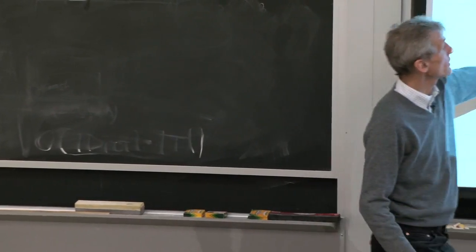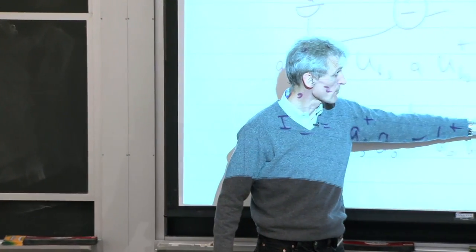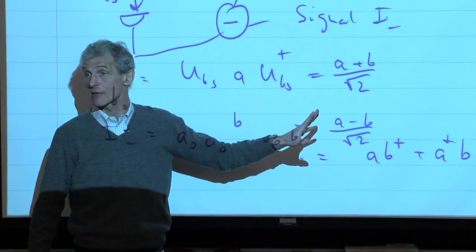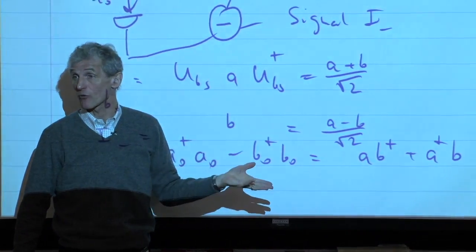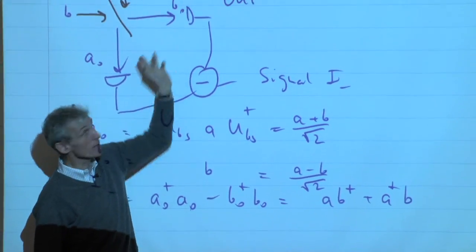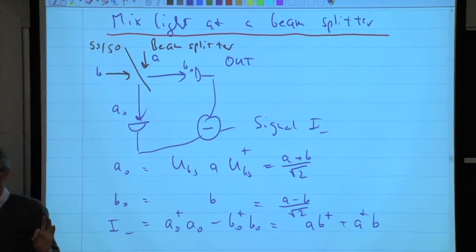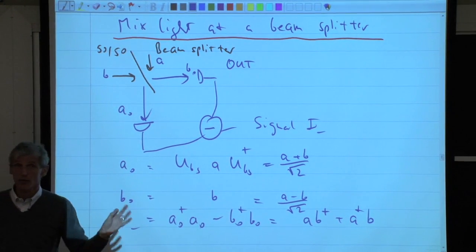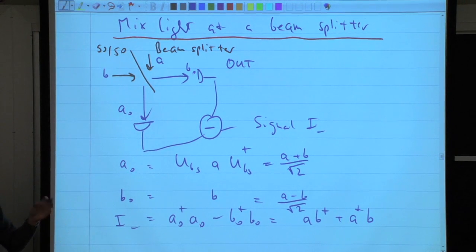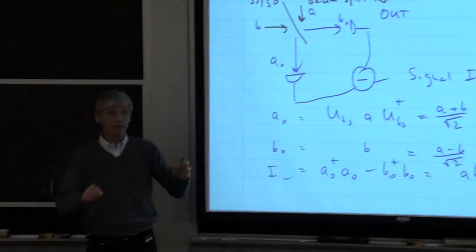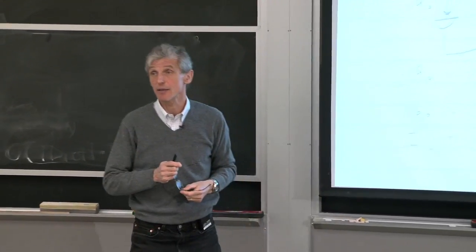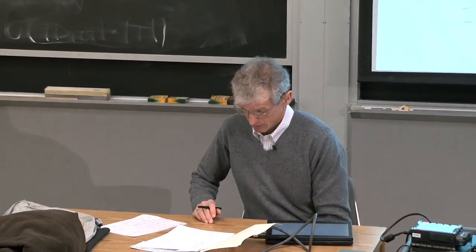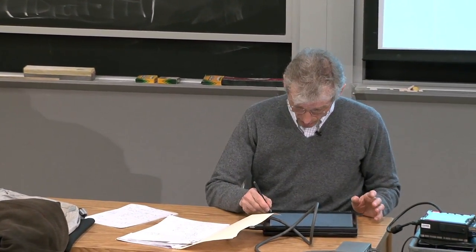By the way, if we wouldn't take the difference, we get terms of A dagger A, B dagger B, just the mode A or the mode B by themselves, and we want to get rid of them. And by taking the difference between the two photodetectors, those parts of the signal are common mode and are subtracted out. So therefore, this is called balanced homodyne, because we have a balanced beam splitter, we measure two signals, and then we take the difference of the two signals.